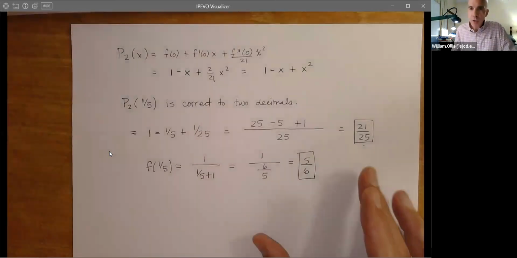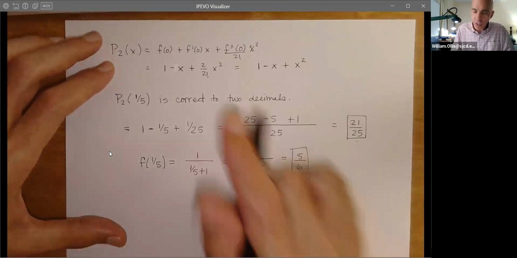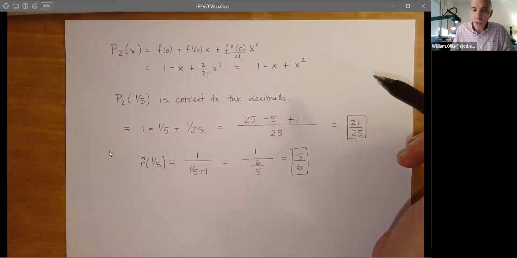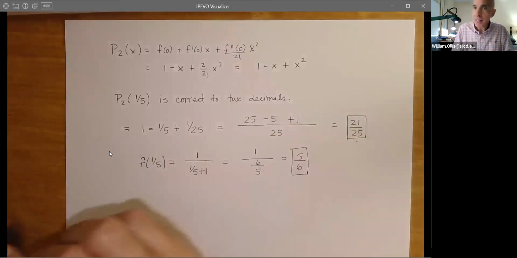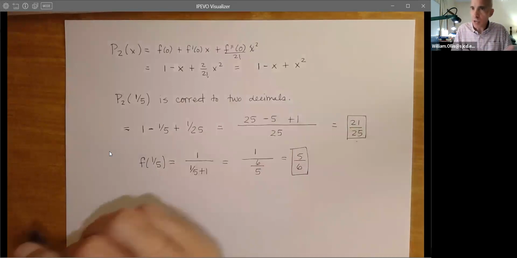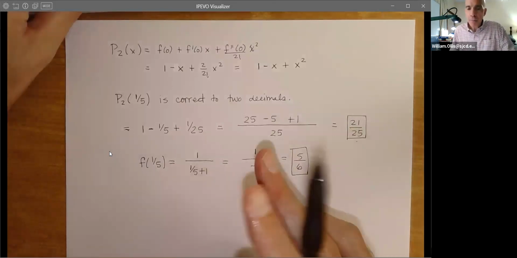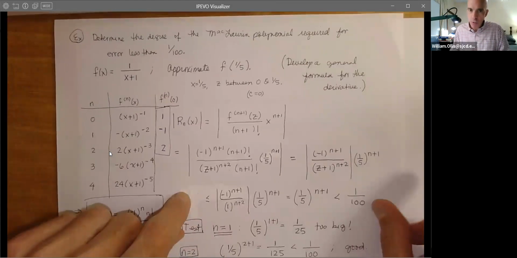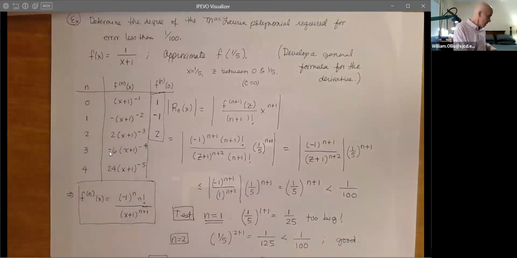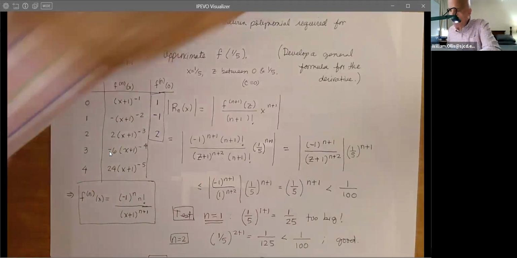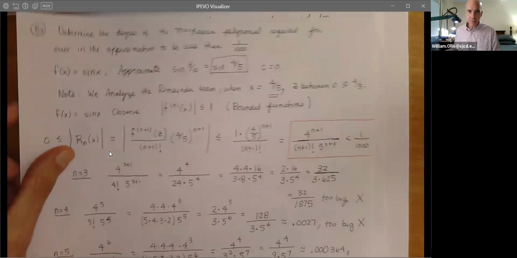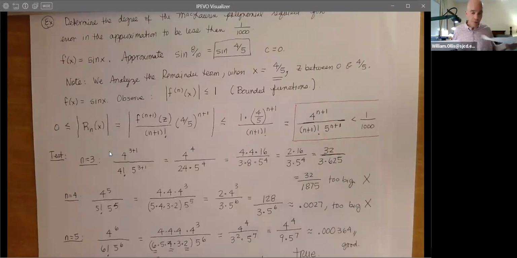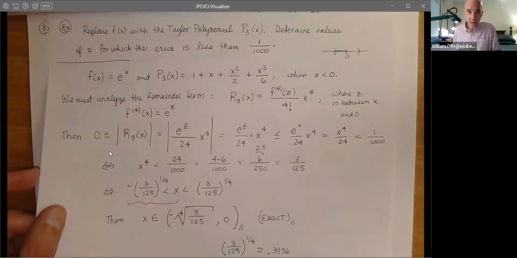So the beauty of Taylor's theorem is that you can do problems you already know how to do, but then you can extend it to problems that are more abstract, like e to the x, ln of x, sine of x, cosine of x, etc. So make sure that you take time to go over this, that you take time to, where was that sine problem? Right here. These are very similar in nature. This example with the sine, and then of course the example with the e to the x.